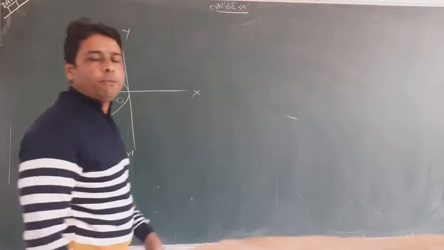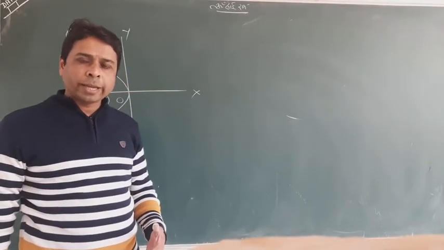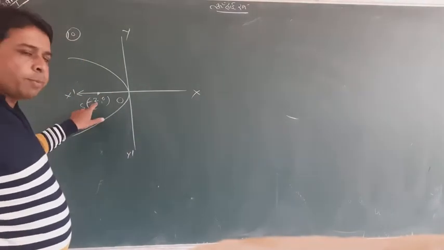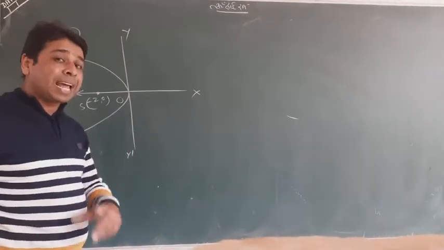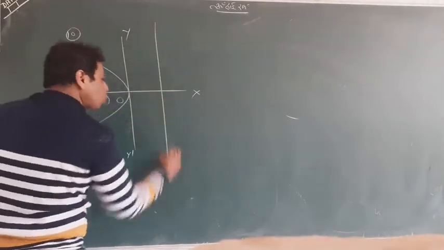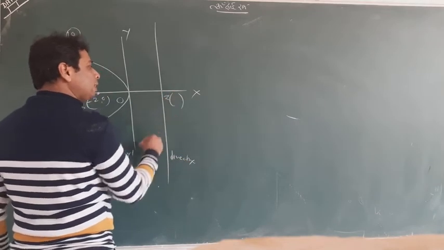When you are given the focus, you can see the sign and judge that it is lying on the negative x-axis. Now we have a focus but we don't have a directrix. So we can find the directrix easily. How can we? That's very simple. Now we draw the directrix, and we will decide what it is.